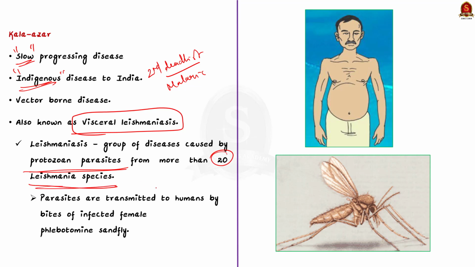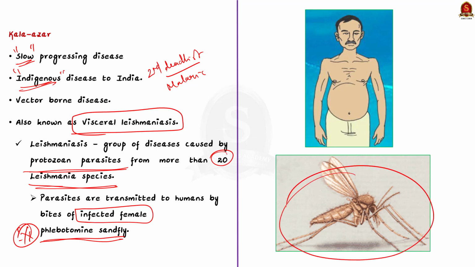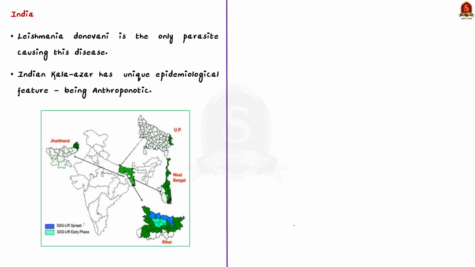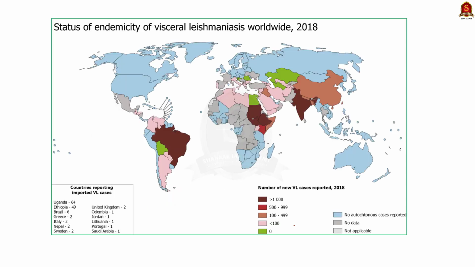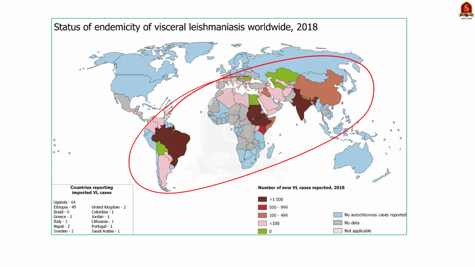species. These parasites are transmitted to humans by the bites of the infected female phlebotomine sandfly. This phlebotomine sandfly is a tiny insect vector of only 2 to 3 mm long, and about 1/4 the size of a mosquito. Now, where does this disease occur? Most cases occur in Brazil, East Africa and in India. An estimated 50,000 to 90,000 new cases of Kala Azar occur worldwide annually. So Kala Azar remains one of the top parasitic diseases with outbreak potential and mortality potential. Here know that a disease outbreak is the occurrence of disease in excess of normal expectancy.